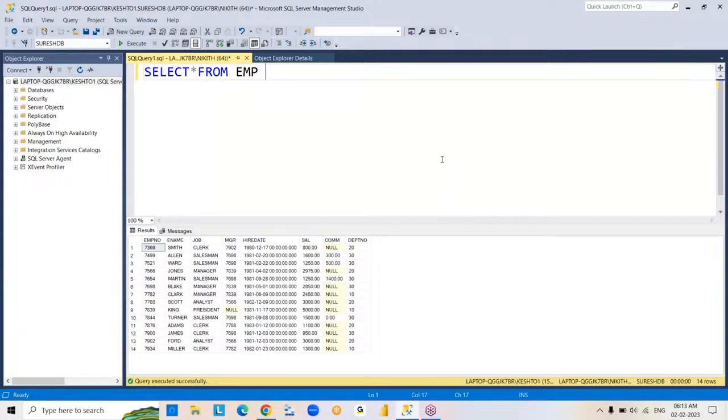It retrieved the entire data from the table. All columns, all rows retrieved. All columns of the table, all rows. But here I'm using the star operator. Star means what? Star means all columns. All columns of the table. In the same way, there is no